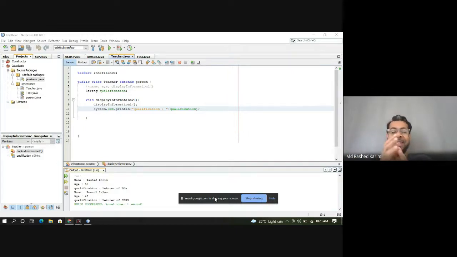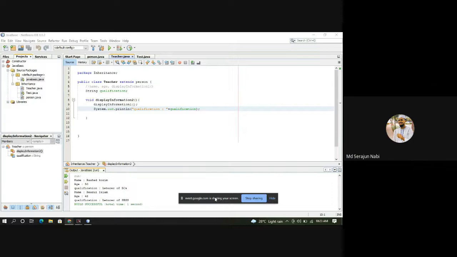So the same eat, sleep, and work, if I define it again and again for the teachers, for the students, for the other persons, what should I do? That is the common behavior. The common methods should be in the common place, so that we can reuse the code. All right, sir. Understand.